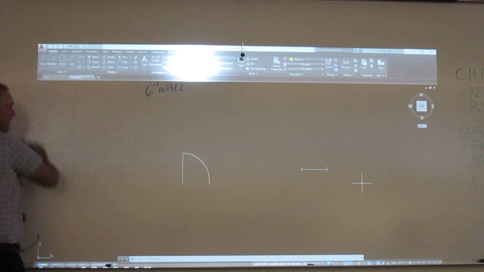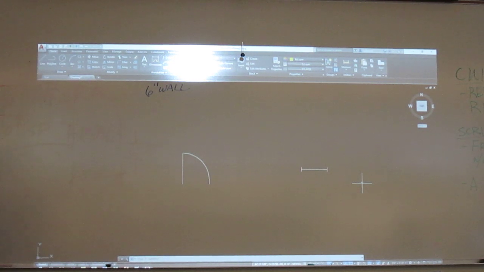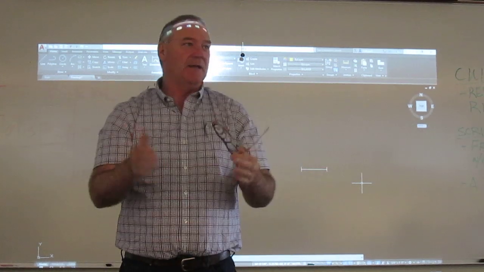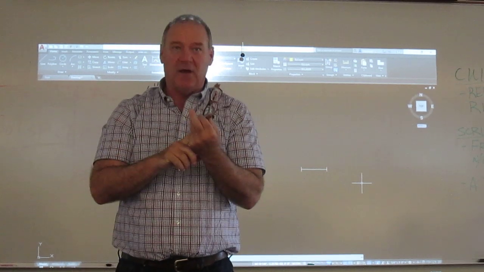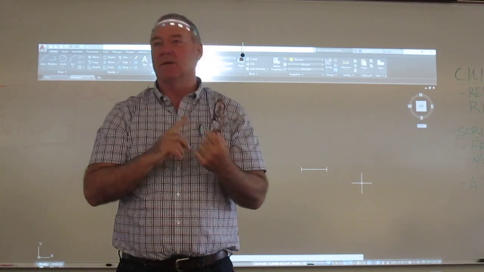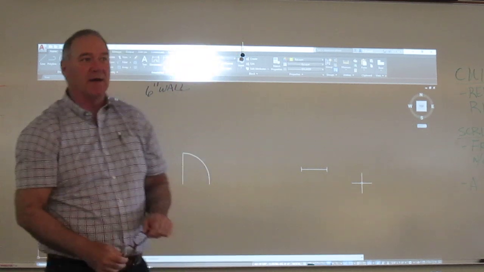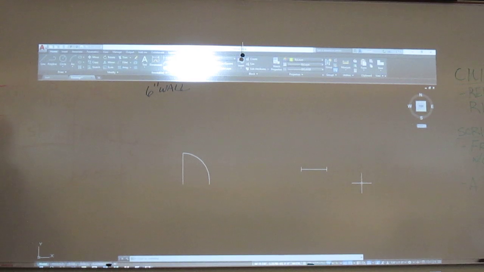There's a bunch of commands in the first page. But the ATT series of commands, all of them start for attribute, ATT. And then you have attribute define, attribute visible, extract, edit, all these different things for working with these guys. So what we need to do is we need to actually add the attribute before we make the block.